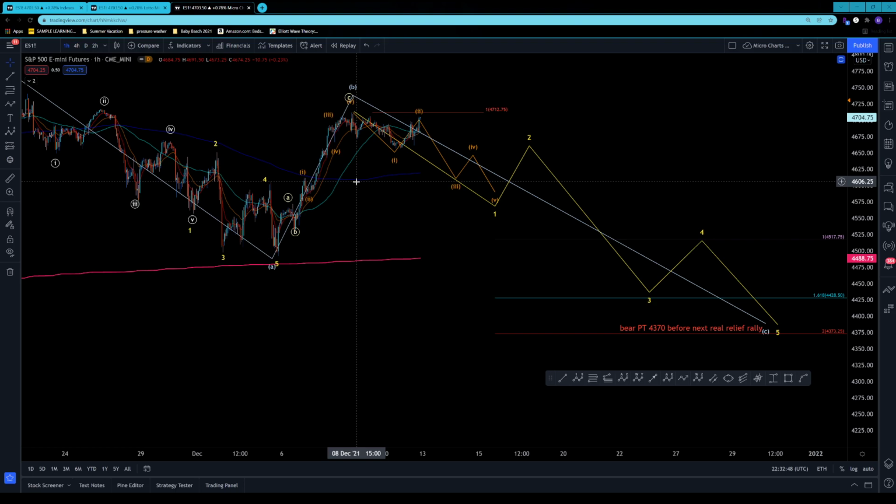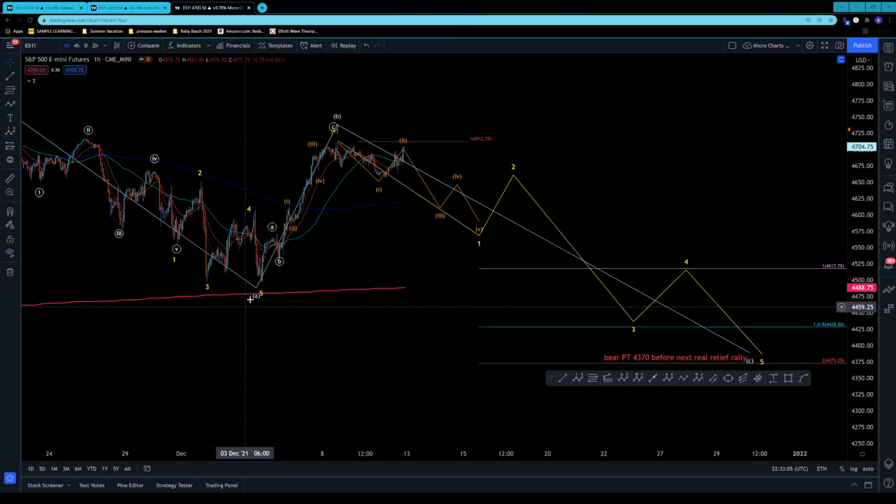All right, so the very last count that we're going to go over right now is the dreaded bear count. I don't like this count, but it is very valid right now. This bear count says that we actually had a five-wave move down for a wave A, and that this entire structure to the upside has not been a wave one impulse, that it's actually a corrective bounce, meaning